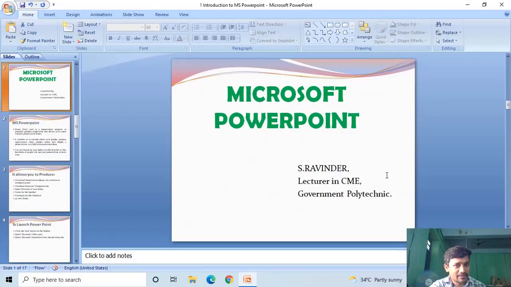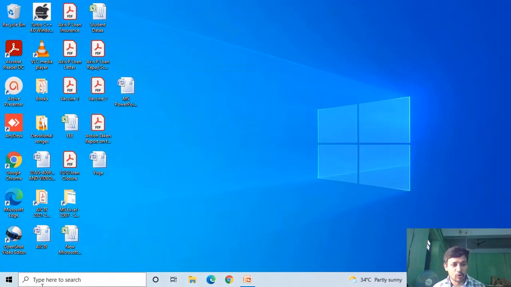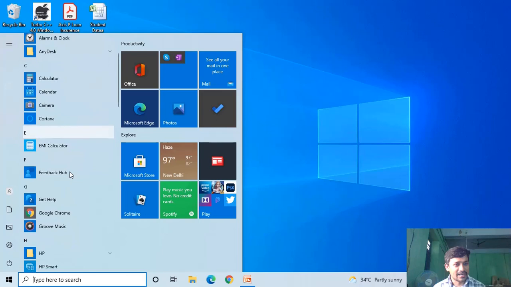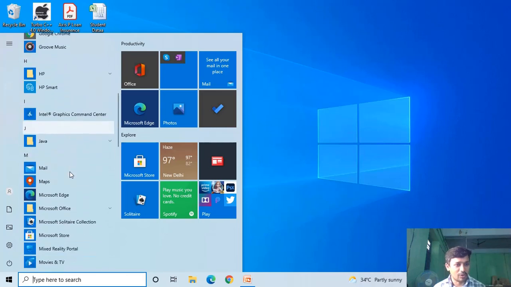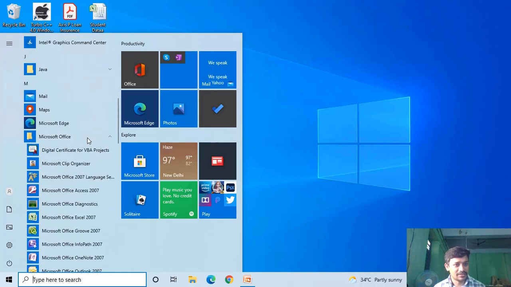Now we will see how to open Microsoft PowerPoint. Click on the Start button. Select the Microsoft Office folder in this Start menu. Click on it.